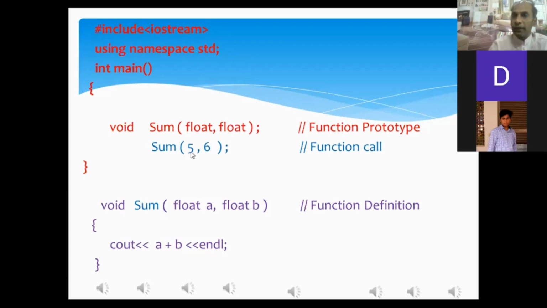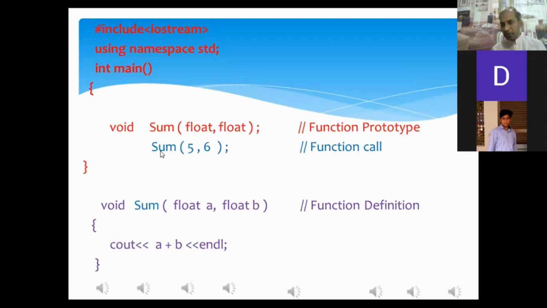Whenever the function call is executed, the control of execution will be shifted to the function definition, and a mapping will be done over there for the arguments. In the function call, what is the first argument? 5.